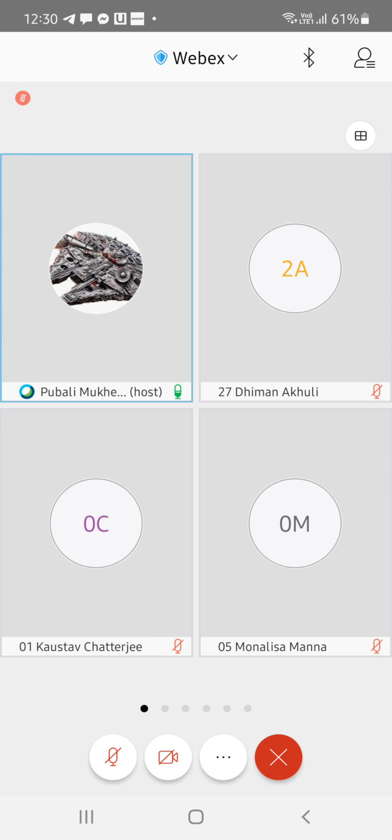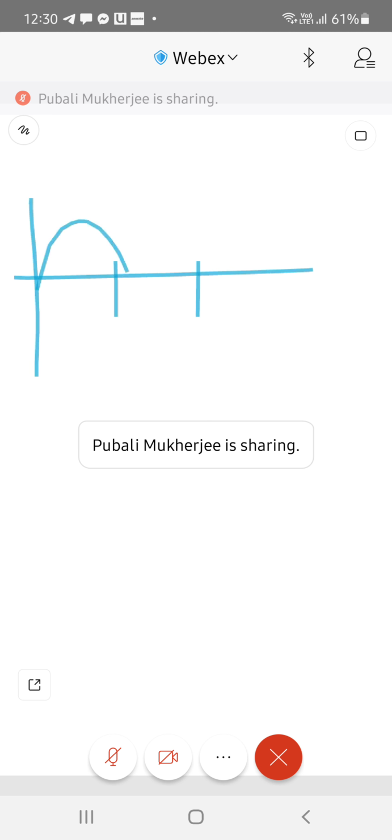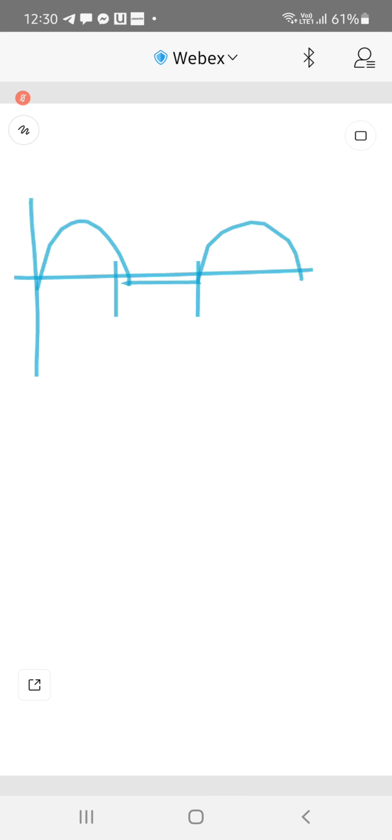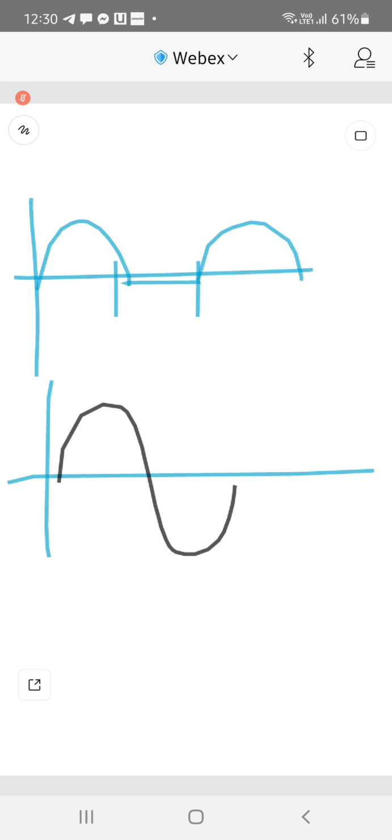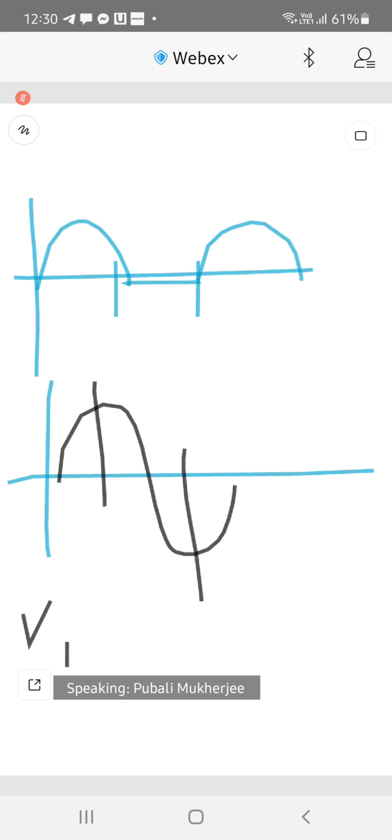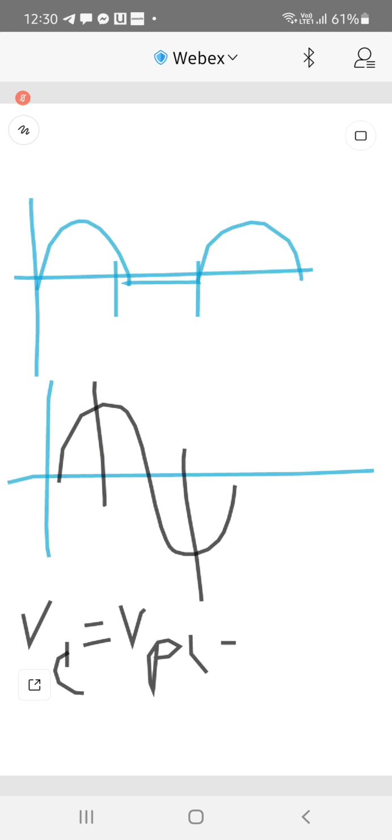Okay, we are concentrating on the output waveform. I'll draw it again. So this is the output waveform, this is the input waveform. Okay, I'll draw the circuit for you again. You remember the circuit is very simple. So what was the value of the voltage across the capacitor? VC was nothing but VPI minus VF. You understand what they are? তাহলে আমরা এই পয়েন্টটা আউটপুটে ডিসকাস করছি। Up to this point this is the output signal.